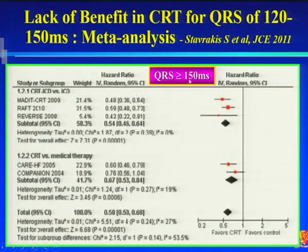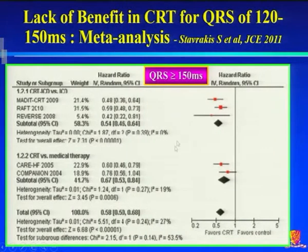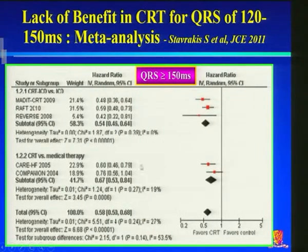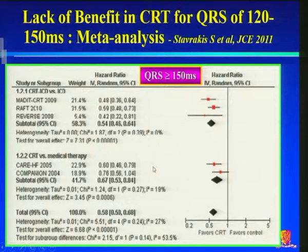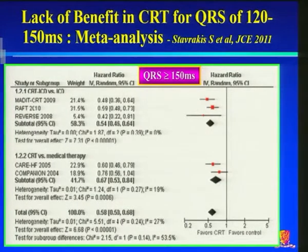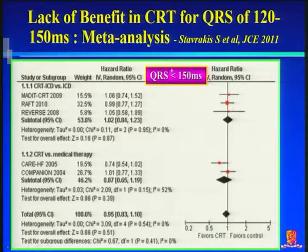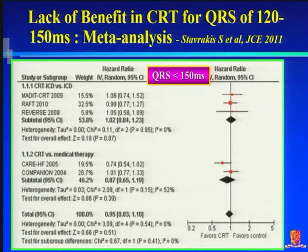Here is another meta-analysis published a few years ago trying to examine the impact of QRS duration. Now, for those patients with a wide QRS of more than 150 milliseconds, you can find that in fact CRT consistently improves mortality irrespective of whether this is class 2 or class 3 and 4 heart failure, with at least 40% reduction of all-cause mortality and also heart failure events. However, for those patients with a QRS duration of less than 150 milliseconds, in fact, there is no clear clinical evidence of any hard endpoint reduction, and therefore it is recommended nowadays that you have either a typical left bundle branch block pattern or a very wide QRS of more than 150 milliseconds